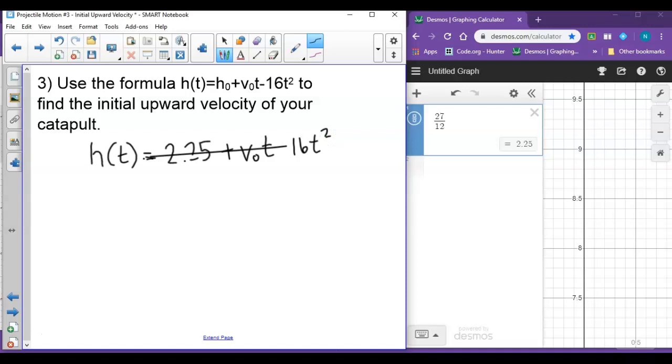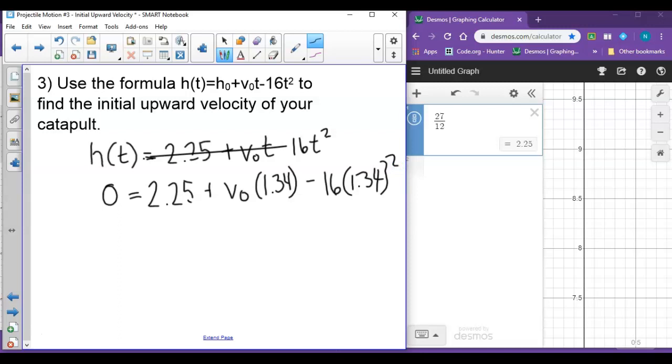I do know that it took 1.34 seconds for this projectile to hit the ground, so I'm going to put 0 here: 0 equals 2.25 plus v sub 0 times 1.34 minus 16 times 1.34